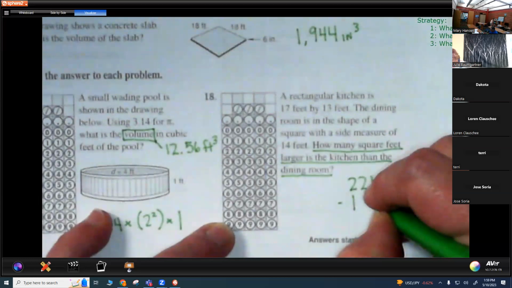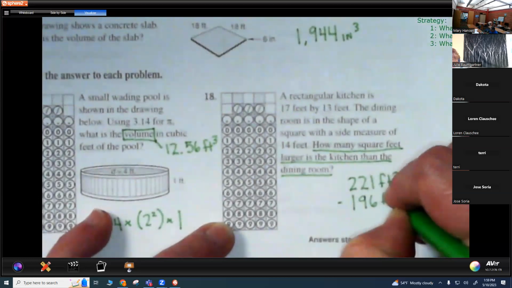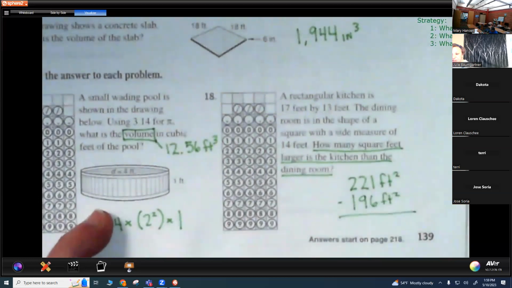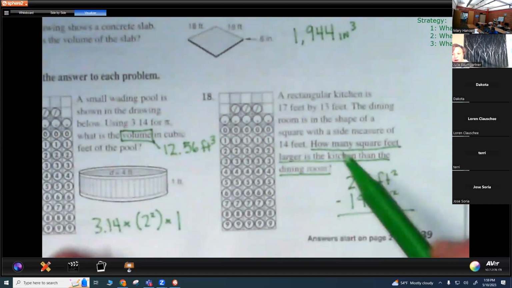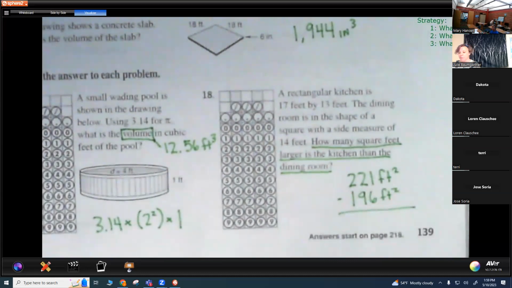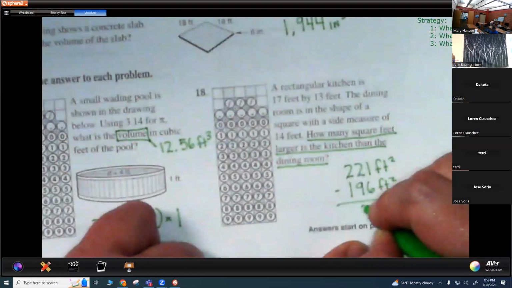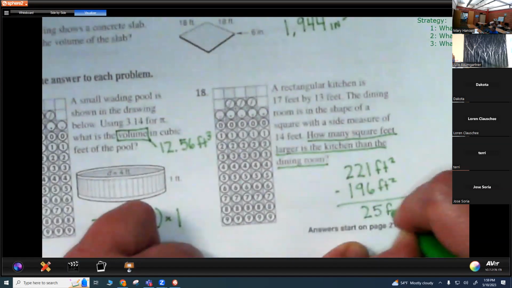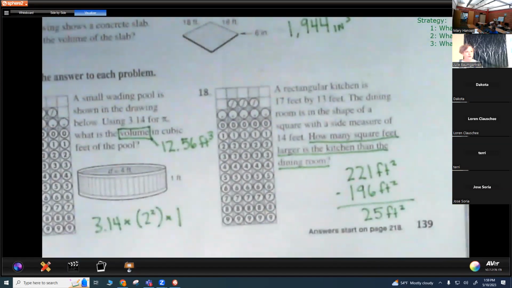And so not too much bigger. And then, right, we would just subtract, because something larger, we subtract the smaller from the larger to get that difference. The difference is 25 square feet. So definitely, and we're gonna see this again,